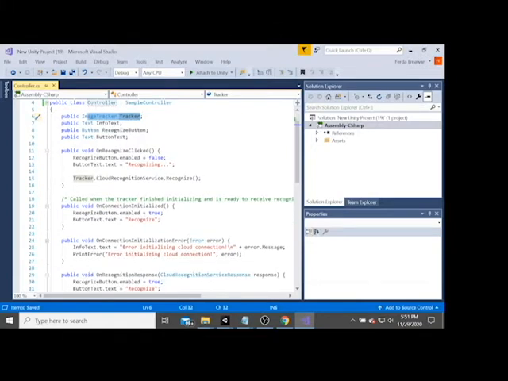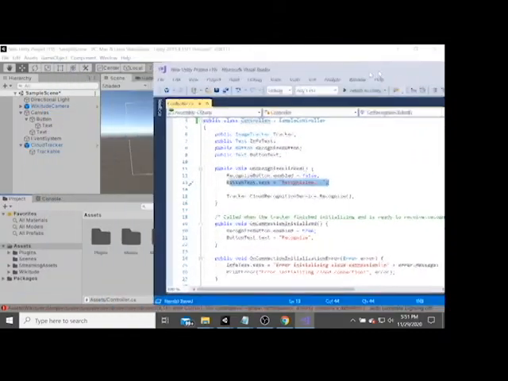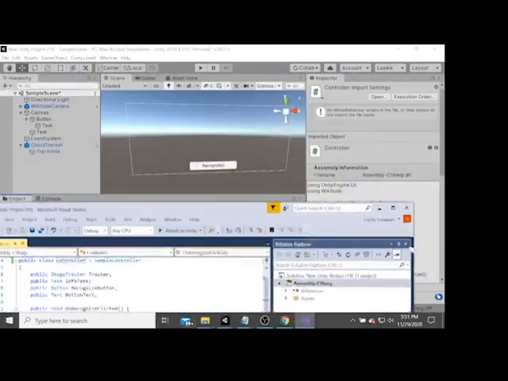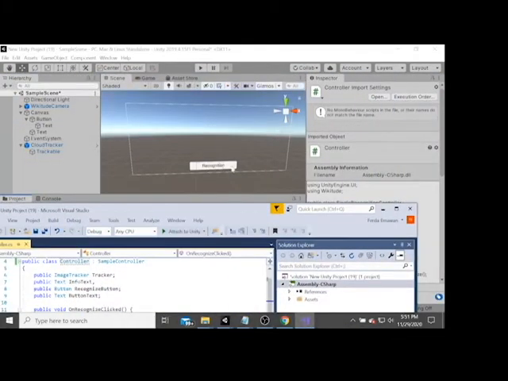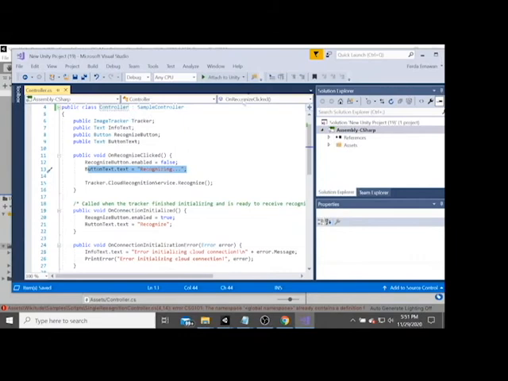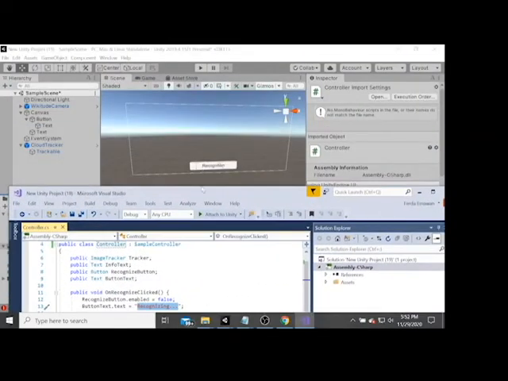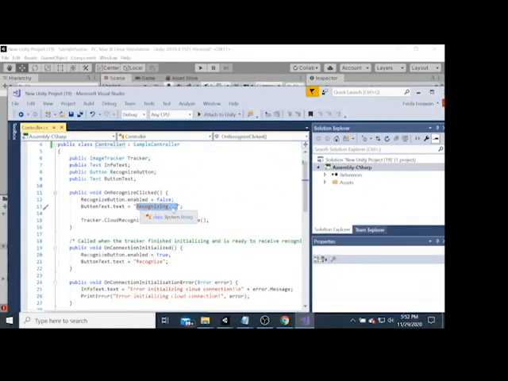First thing, when you click the recognize button, you are trying to change the text name. Before this, we typed recognition, right? Then when you click this button, it will change to recognizing.